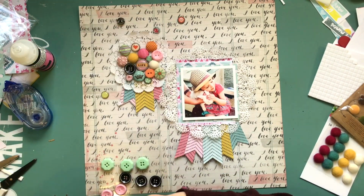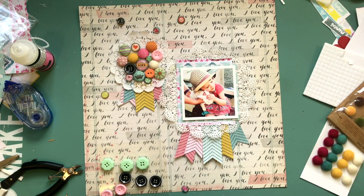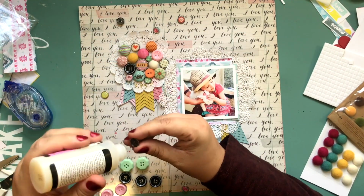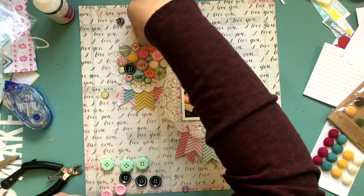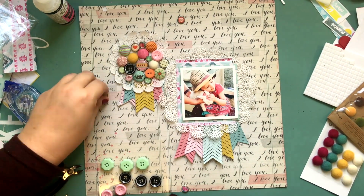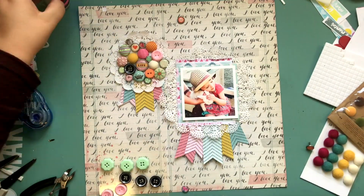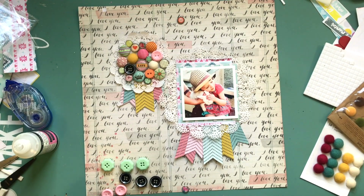But yeah, the brads that I'm using, the fabric ones, they were so cool. I loved them when I bought them, and then it wasn't part of my style at the time. So I was like looking at them and going, I'm never going to use these. Like, they are not a color I would use. Sorry for the sniffing, guys. I got allergies going like crazy. They're just, I'm not going to use them. And now I'm finally